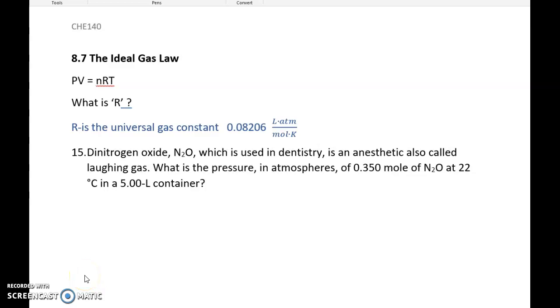The ideal gas law is one of the most useful laws in chemistry. It's equal to PV equals nRT. Pressure will have to be listed in atmospheres. Volume has to be listed in liters. The number of moles must be in moles, and the temperature must be in Kelvin, or the